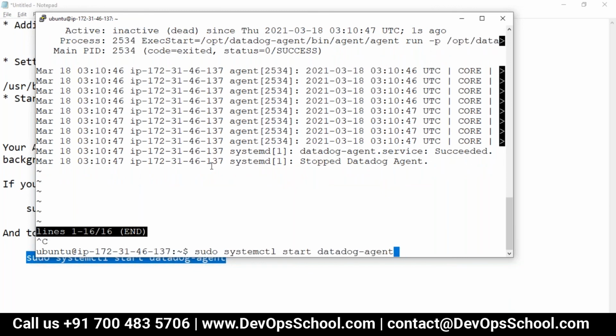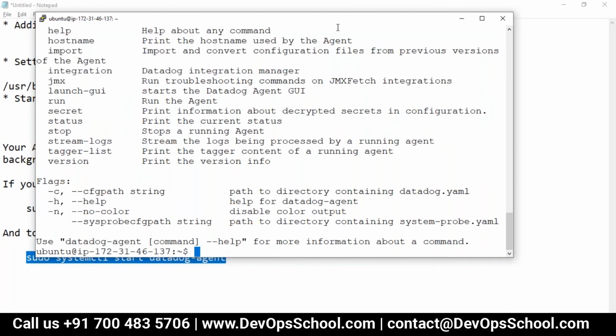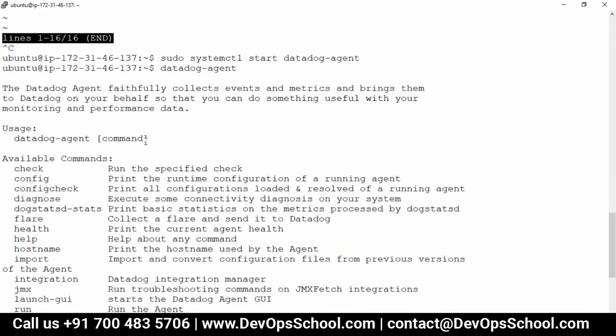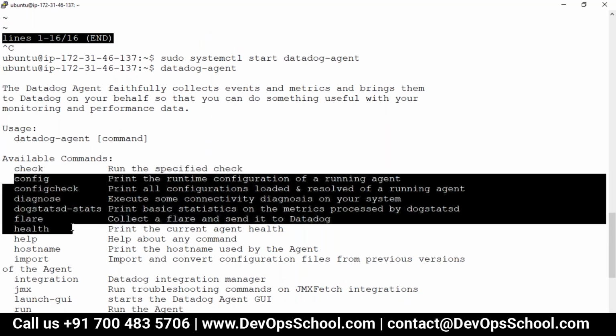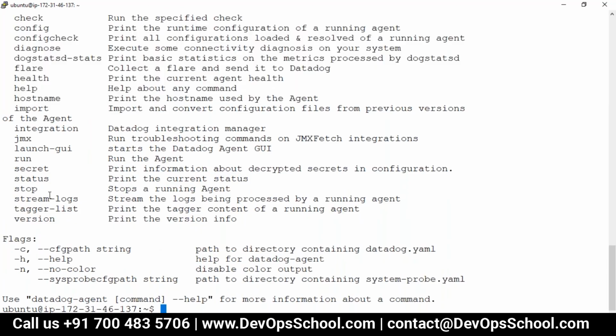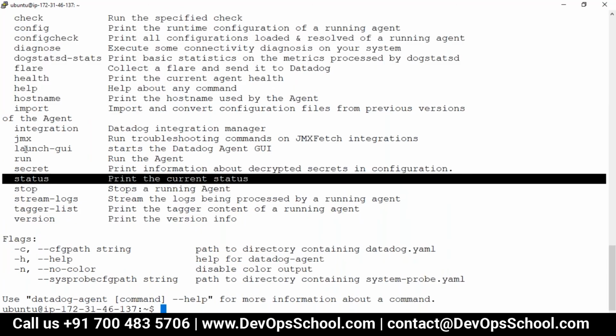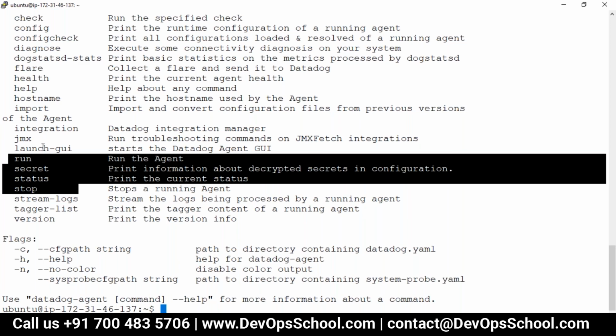Start this. Now the Datadog agent command, if you see, enter, you see all the commands which I was showing you on the screen: check, config check, and all stuff like that. We will experience these commands one by one. Right now I am using stop, status, and start. Status is there, stop is there. In the document, start is not easily located.